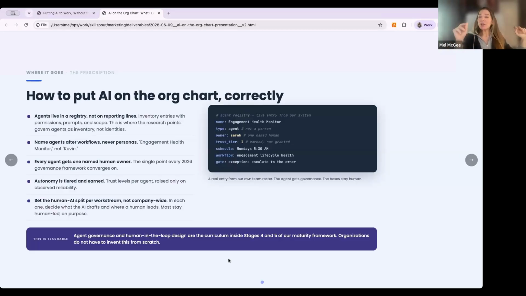Autonomy is tiered and earned. What do I mean? Tier one, that could be, it gets to read or edit, never create a document, for example. That could be a tier. You can set this split up later, but the split isn't per organization.